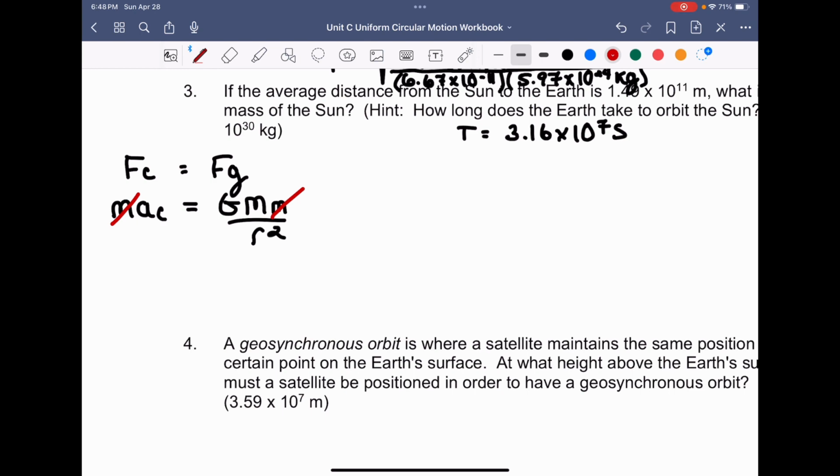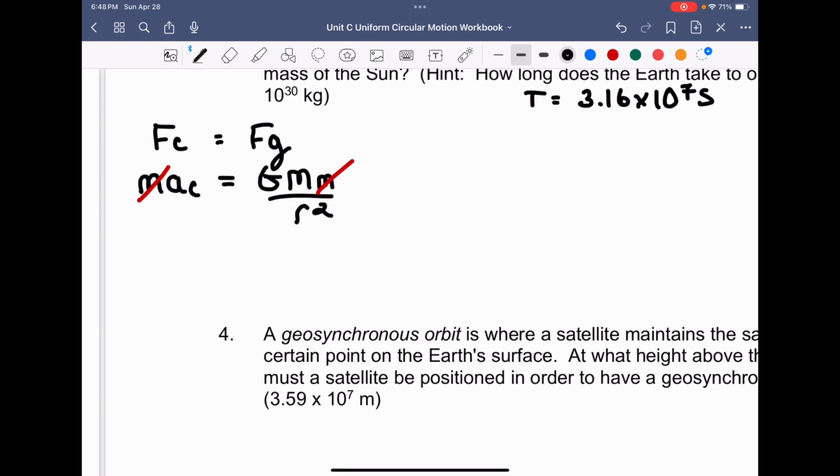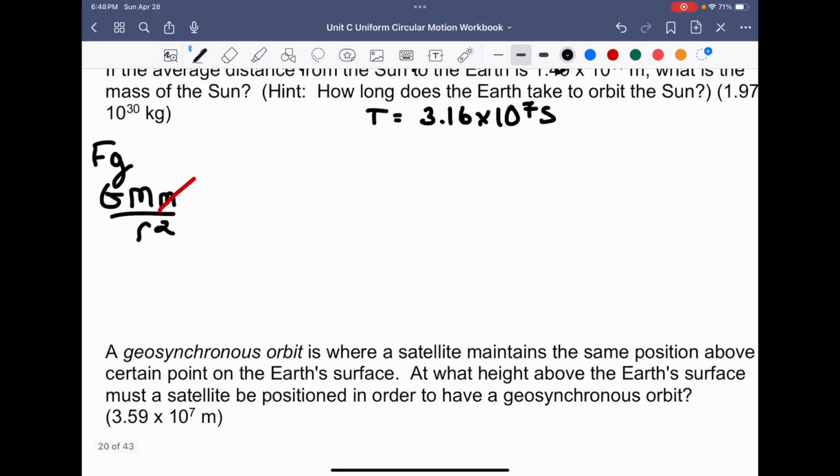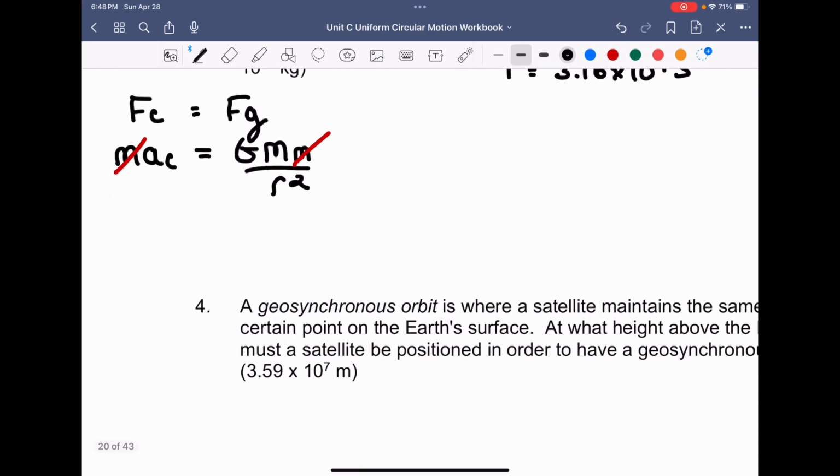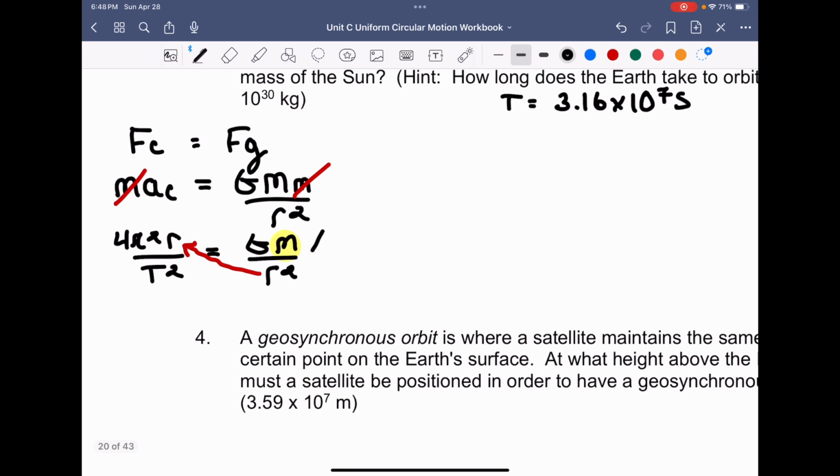Now we go to ac. ac can have two different forms, but because they said in the hint, how long does Earth take to orbit the sun, and we have that value, it means we have our T value. I'm going to write this as 4 pi squared times r divided by T squared, and this is going to be equal to GM over r squared. Now, the value we're looking for here is M, the capital M. To get rid of the two variables attached to it, first let's multiply up our r, and then we're going to divide by our G. Let's do these in separate steps so that we can track all the information. So this is going to be 4 pi squared. r times r squared, just like in the previous problems we've done, is r cubed